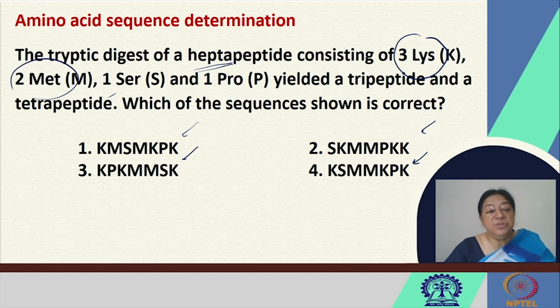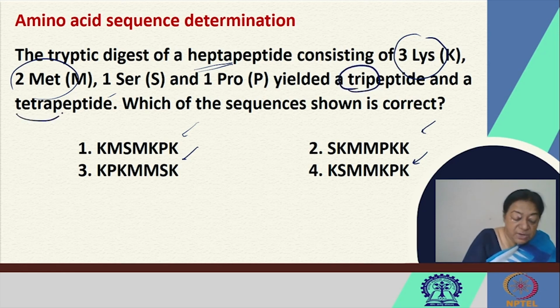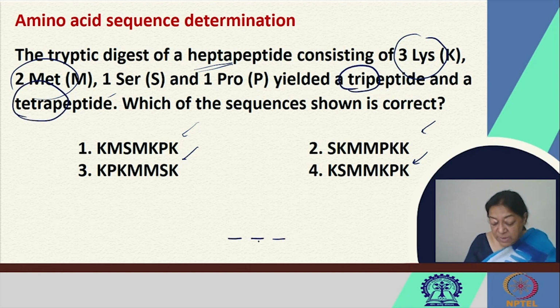But the tryptic digest of the heptapeptide gave a tripeptide and a tetrapeptide, which meant that if we have a sequence 1, 2, 3, 4, 5, 6, 7, we could have a cleavage here that is going to give us our tripeptide and tetrapeptide in one